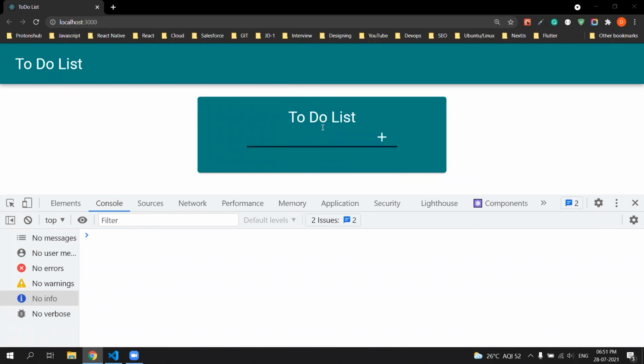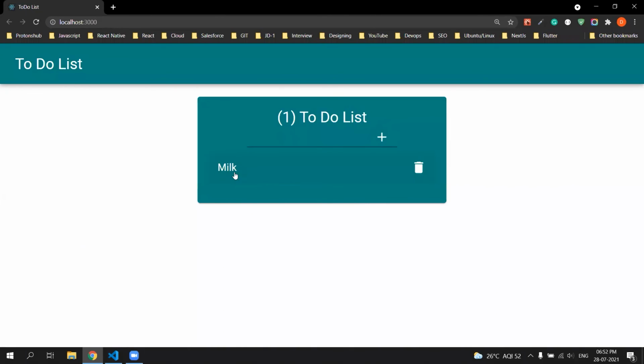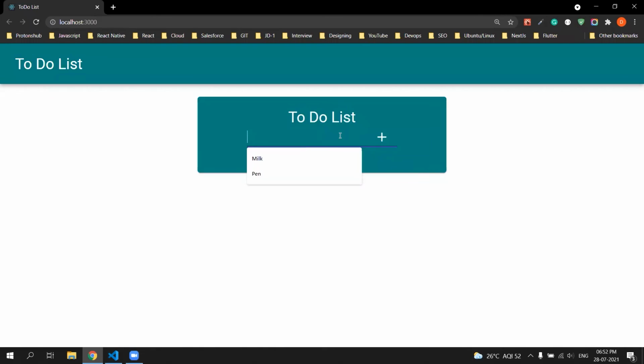So we started with writing the functionality for our input. We have used an onChange handler, and we have saved our value in our state, and we have written the click functionality, the add functionality to it. And we have also written the count functionality, so it will provide us the count. We have also used the map function to map our array and list everything which is inside our array. And we also have done the delete functionality. So if we delete, that specific element will be gone.